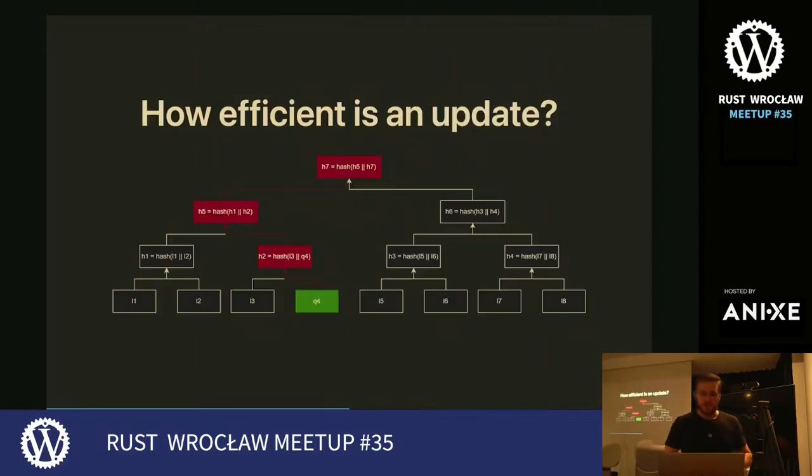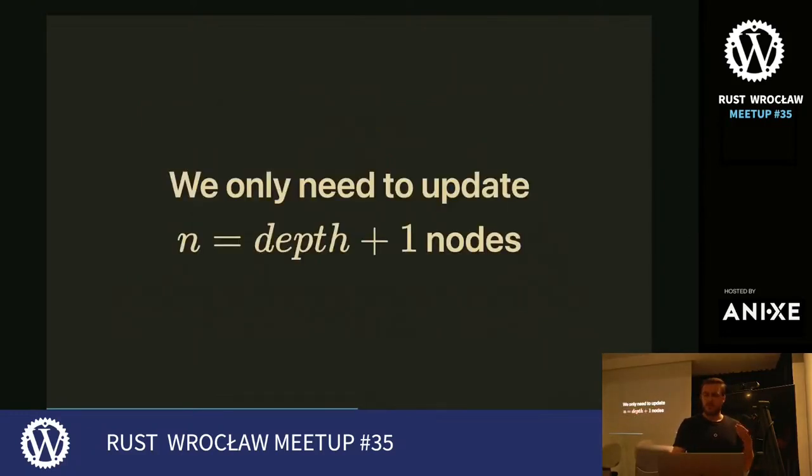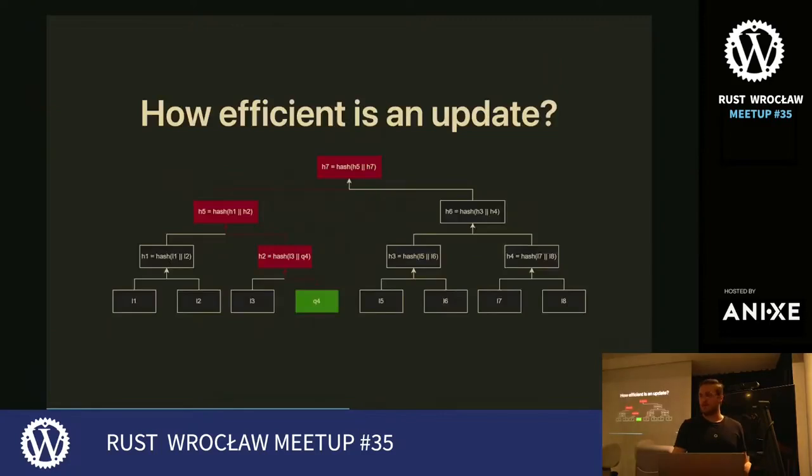I skipped the slide. Okay. So how efficient is an update? Well, we only need to update, in reality, depth plus 1 nodes, right? So if we do an update on Q4, this is a tree of depth 3, right? We only update Q4, H2, H5, and H7, giving us a total of 3 plus 1, depth plus 1 nodes. Now, I don't have a proof that this is generic in every case for every depth, but I think